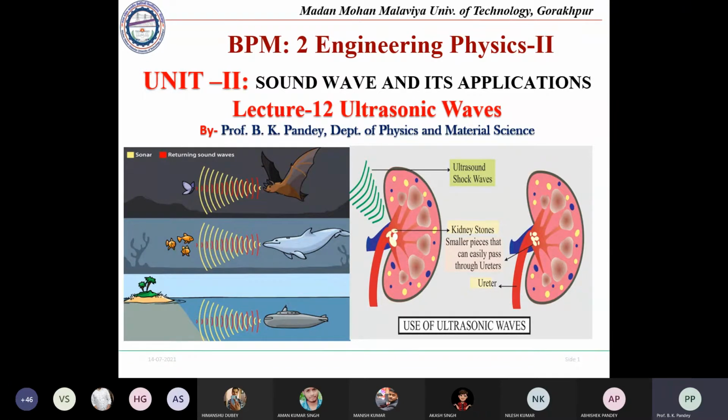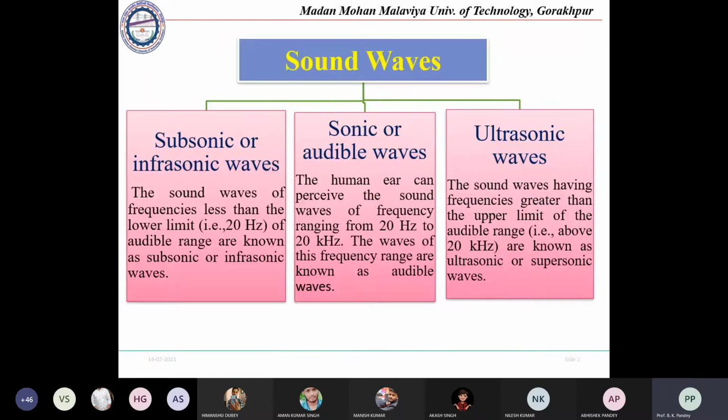Before discussing the applications, it will be better if we discuss what ultrasonic waves are, how they can be produced, and what the specific characteristics and features of ultrasonic waves are. You will see the variety of applications in non-destructive testing, which is the third part of this second unit. In that section, we will again use ultrasonic waves for the detection of defects and other things in a particular building or monument. So let us see the basics related to ultrasonic waves.